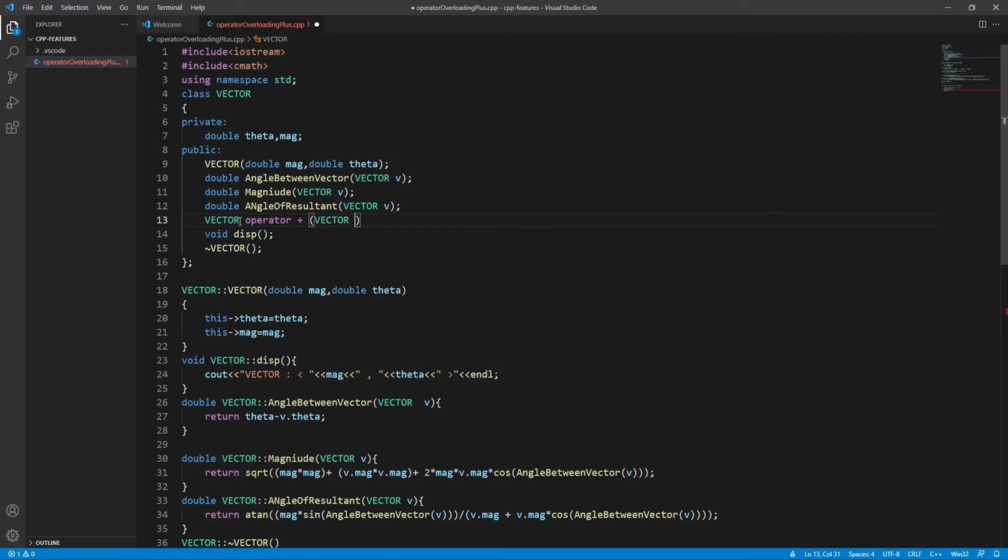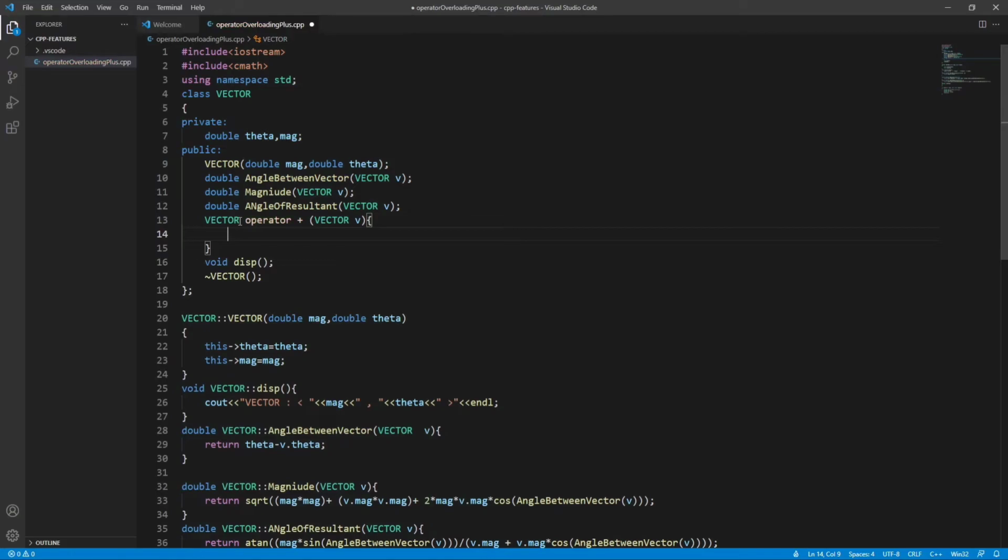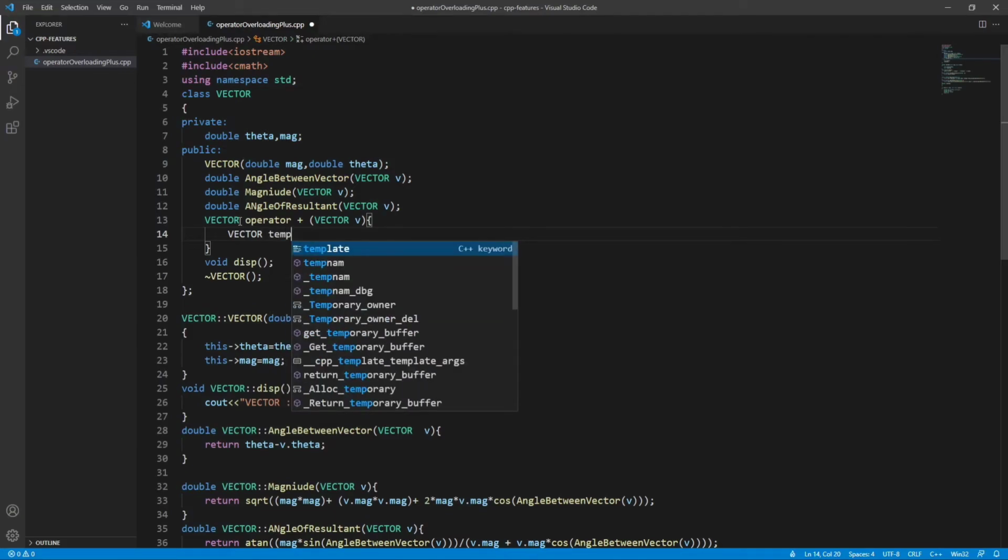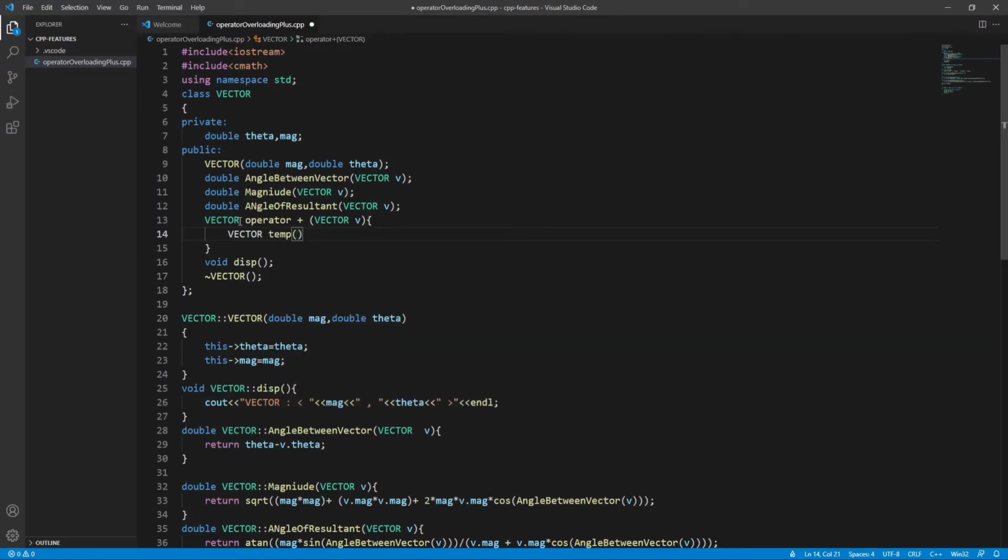Now the argument that we are going to pass here is a vector, and what we have to do here is create a temporary vector temp where the magnitude will be there. So how to initialize the magnitude? We have already calculated the magnitude using this magnitude function, so we just have to call that function using v.